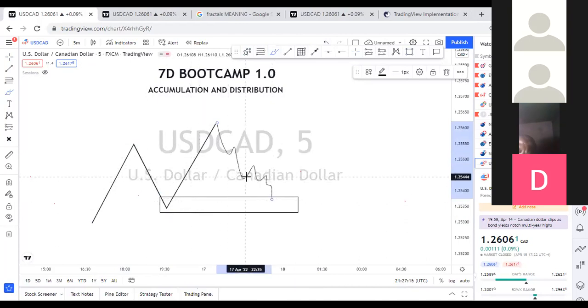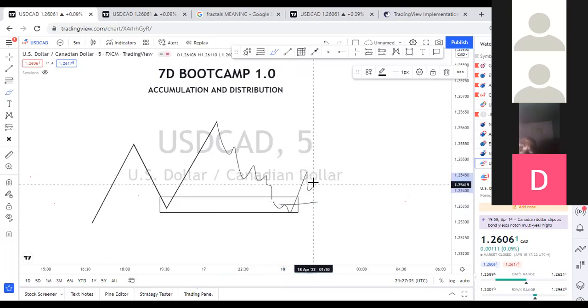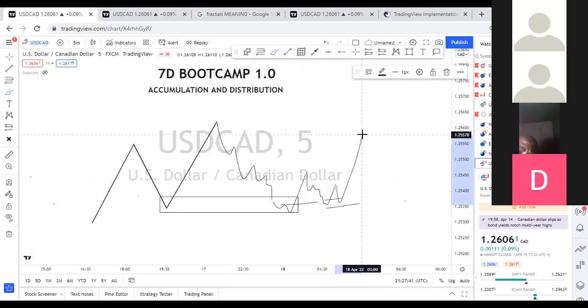I go to, say, 15 minutes. On the 15 minutes, I'm just waiting for that lower high, lower low, break of structure. Once that happens, I still will not enter. I then wait, because price is fractal. I wait for it again to give me that break of structure. Boom. And I'm entering. That's when I take my trades.